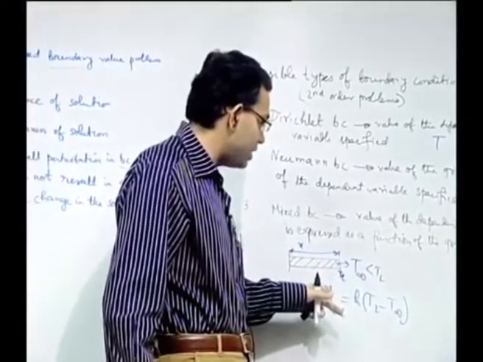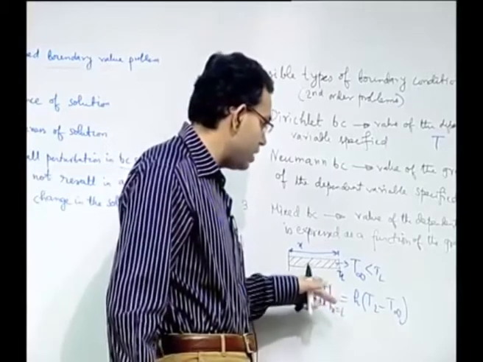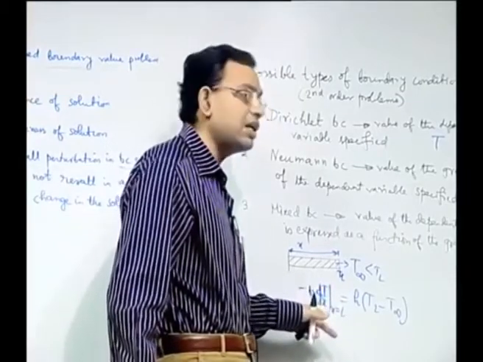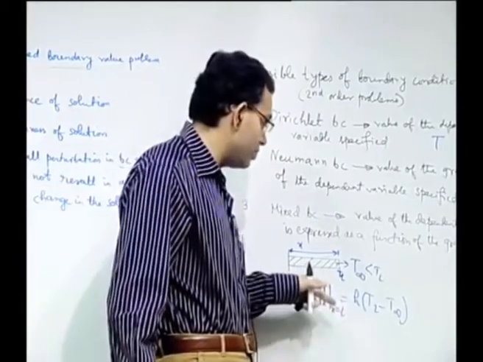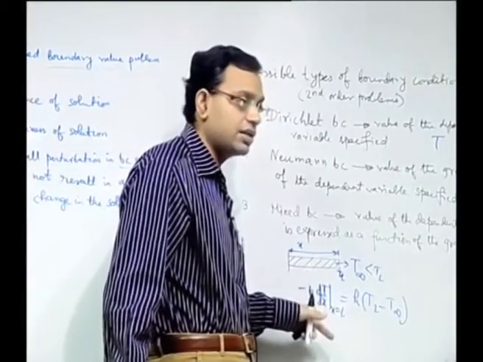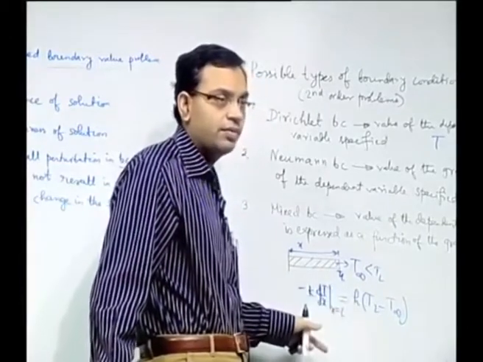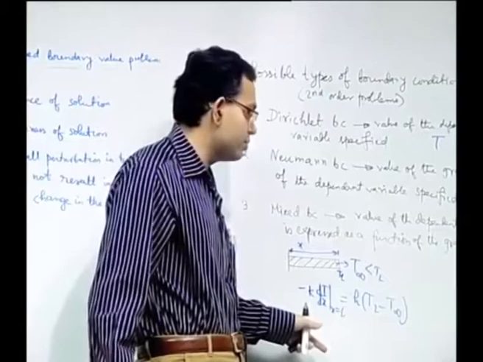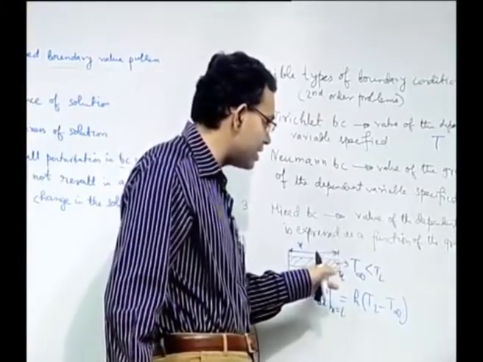Of course, if it is unsteady, T is a function of both x and time. So you can replace this by the partial derivative with respect to x. If you replace dT/dx with ∂T/∂x, then can you use the same boundary condition? You can definitely use it, because this is an expression that at the interface